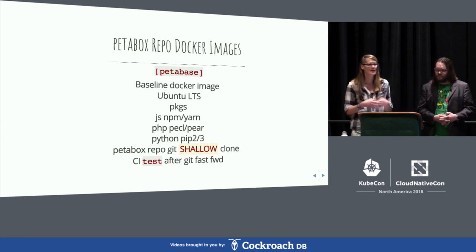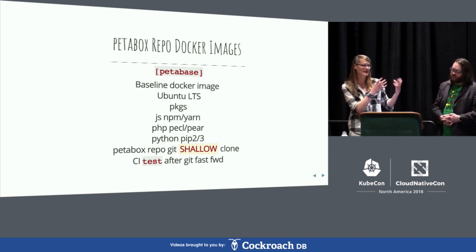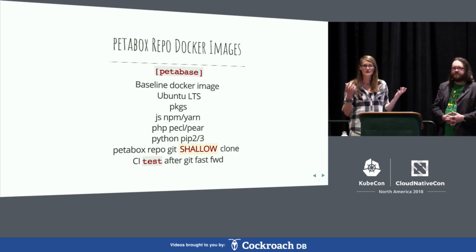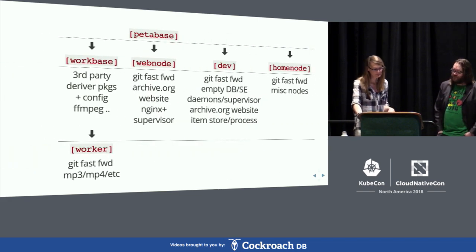So to give you just a little bit of more background, our code base is the petabox tree, and we make something we call a petabase image. We don't have to go through all this, but it's basically a baseline Docker image with third-party packaging, and then this shallow clone. So a shallow clone with Git means no history, no prior files, just kind of your current snapshot. And then we can actually use this little piece that can be built once every week or 2 or 3 or 4 even, and just do a quick fast forward and go right into CI testing.